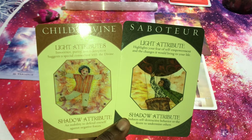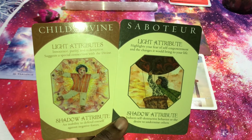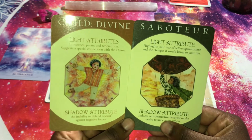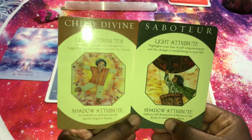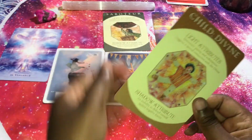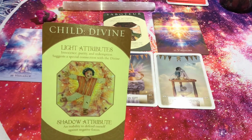But yeah, anyhow, and then over here with the Saboteur, I think that's how you say it, light attribute highlights your fear of self-empowerment and the changes it would bring into your life. Okay, and the divine: innocence, purity, redemption. And so with Child Divine, I will start with first. Okay, and it's basically telling me right now that